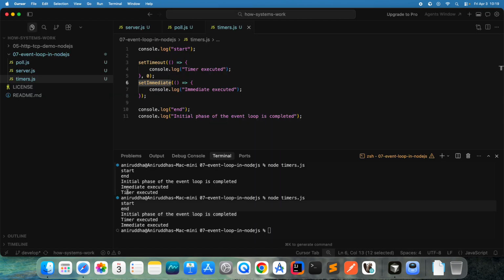So here you can see the example. Here the setImmediate was called before, and then the timer was called, but here the timer was called before, then the setImmediate. This happens because in the setTimeout we have given the timeout as 0. Okay, this happens because we have given timeout as 0, and if I change this time to say